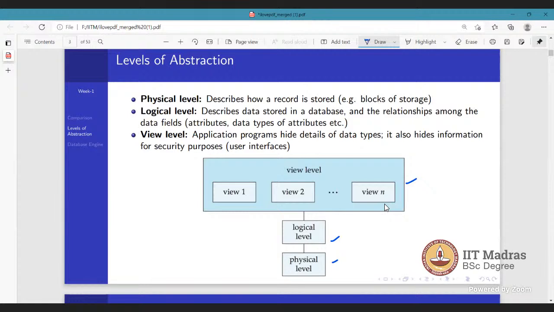Then finally, we have the view level. It is basically the level where data is represented. There might be a number of views for different users. Say, for instance, in a university website, a student will have a view which will contain his marks for a particular exam, his attendance, and his details, say his name, DOB, etc. Right?